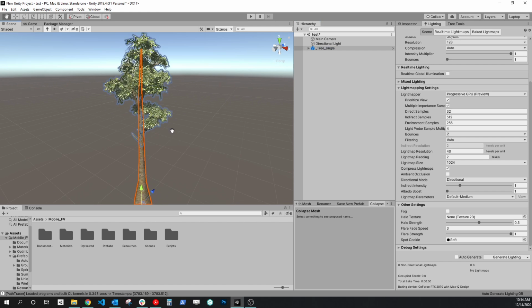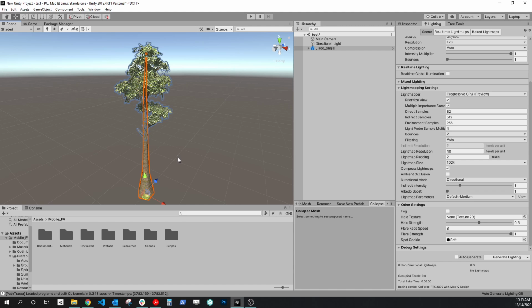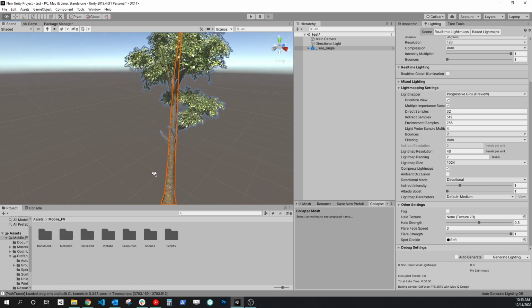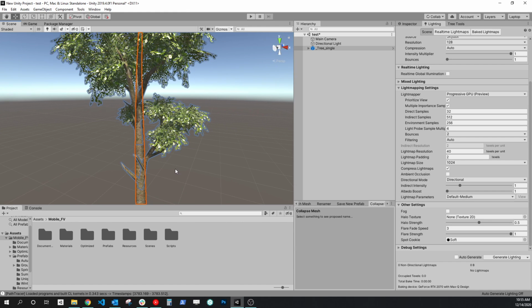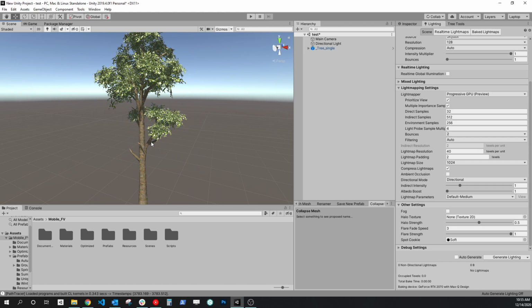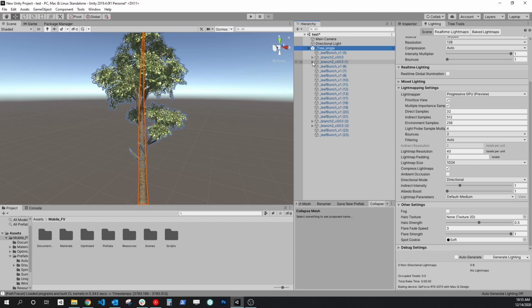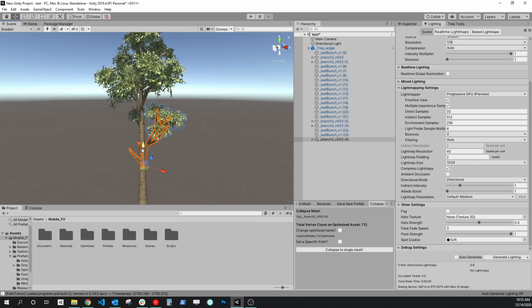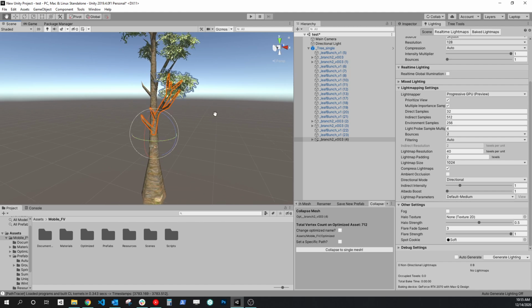But with this tree here, one of the reasons why I went through the trouble of making these assets as optimized as possible is I noticed in my game, I am able to kind of move through the trees some, and I had a bridge that went through the trees. With other tree packages that are already collapsed together, you don't really have the option to move them around. But Mobile ForestVision, because everything is made of these prefabs, I can very easily pick on this branch here, duplicate it, move it around,